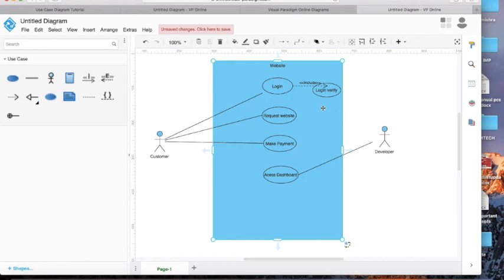So like this you can draw the use case diagram. I think the way how we are going to do it is much clearer now. Okay, thank you.